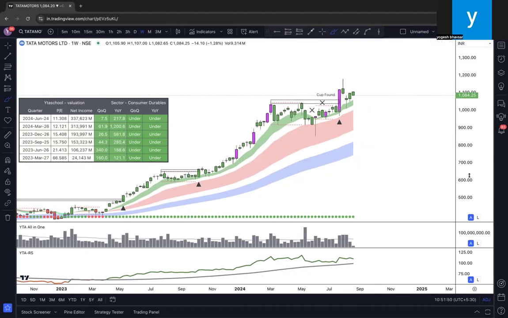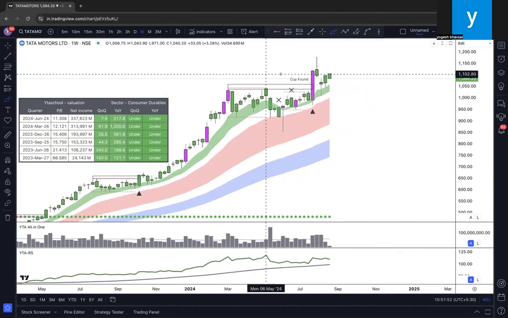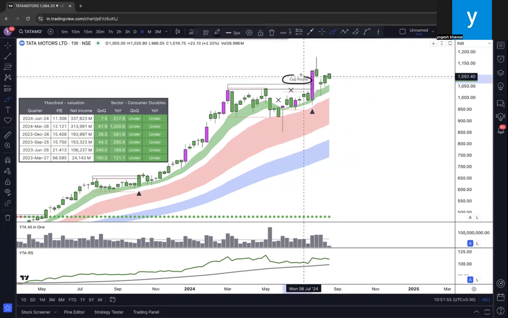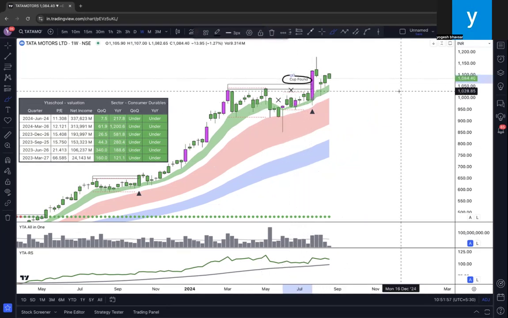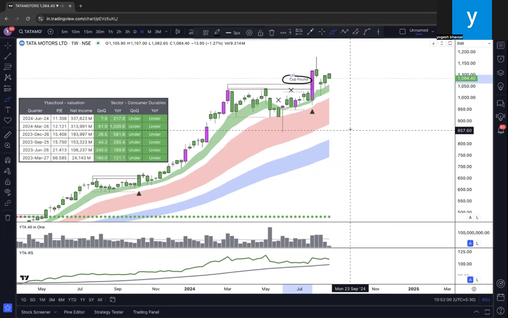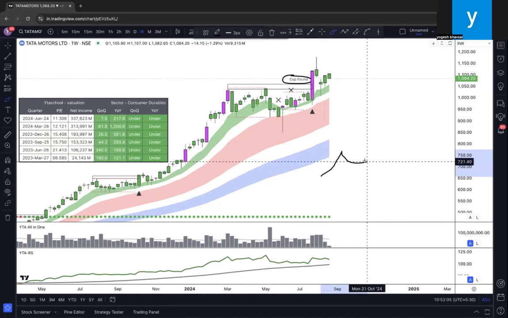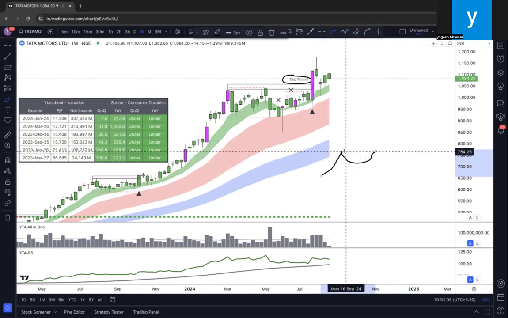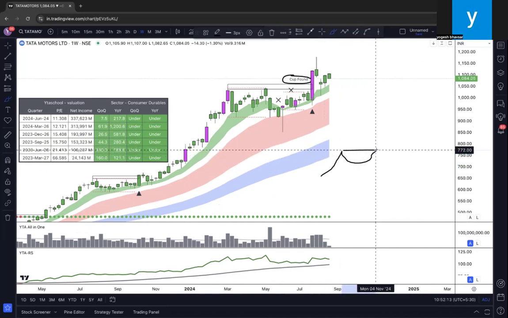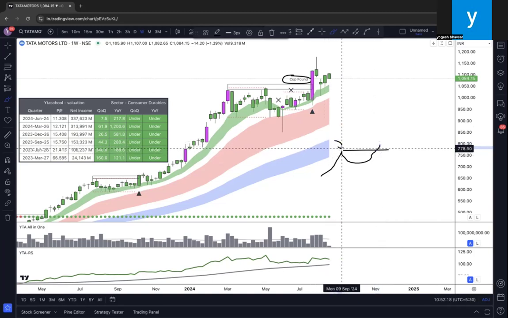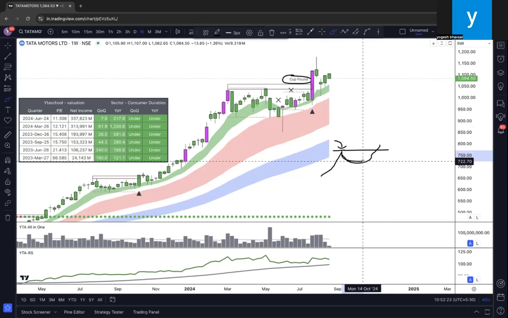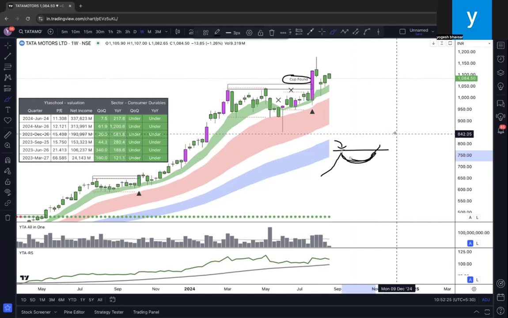Now let us go into more detail. If you see this cup form, what does it mean? A lot of times, in a lot of technical books, the stock is going up, suddenly forms a downtrend like this, comes back like this, and gives a breakout of the previous high. That is this previous high. Whenever such a pattern has been formed, it indicates that the cup pattern has been formed.